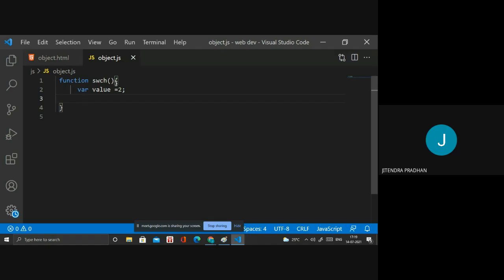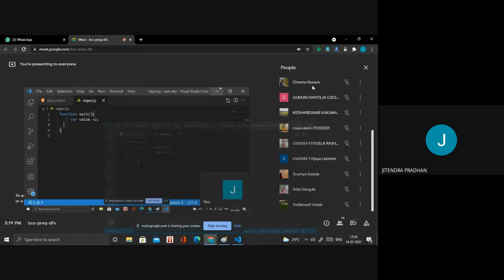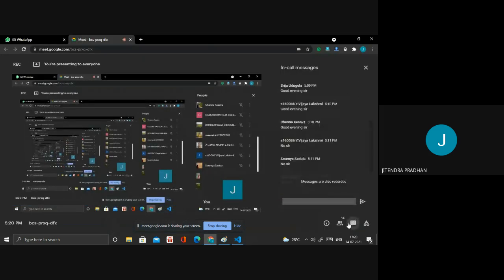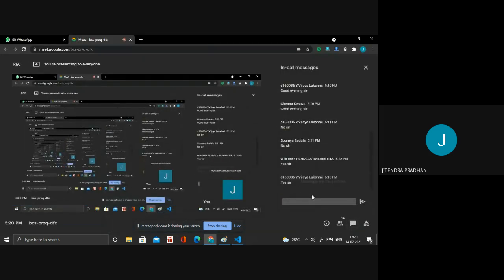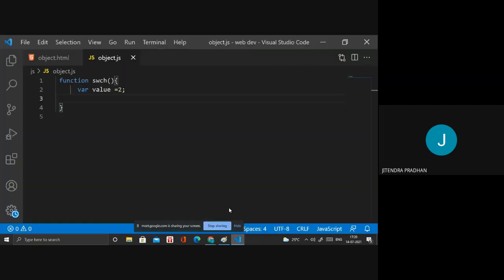Next I will do one thing: switch. It's like a variable. In that we are assigning a value to the variable, and we have assigned true, and in switch that is its value. Okay,